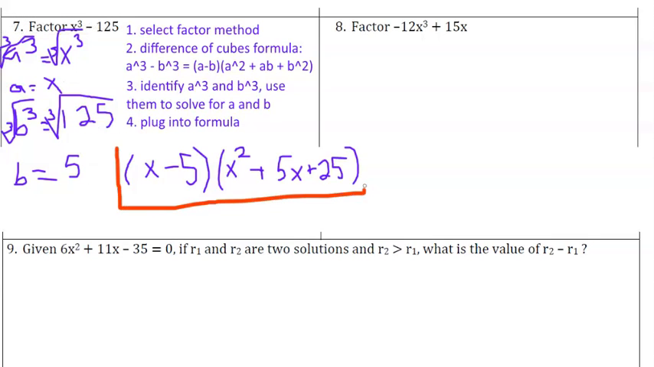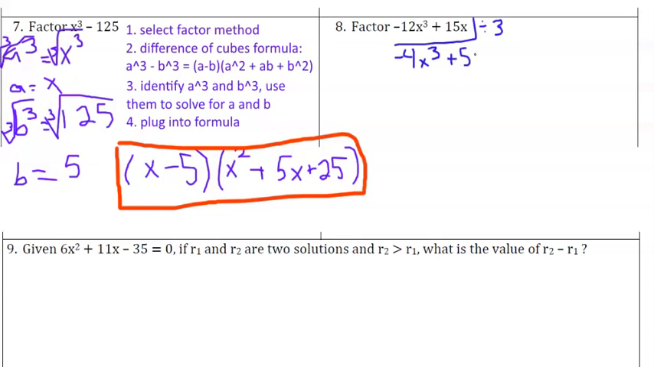Number 8. Factor negative 12x cubed plus 15x. Now with this one we have to find the GCF. They both can divide by 3, so we have negative 4x cubed